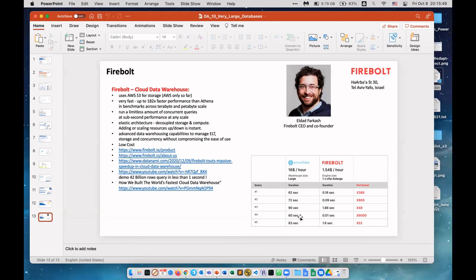And you see how much faster it is for 5 different queries. So you see speedup of almost 400, 800 times, 50 times, 6,000 times, 50 times. So it's an amazing new database. Here there is a short YouTube video which shows a query of 42 billion rows in less than 1 second. And here is about a 40-minute presentation where Eldad at a whiteboard explains how things work.